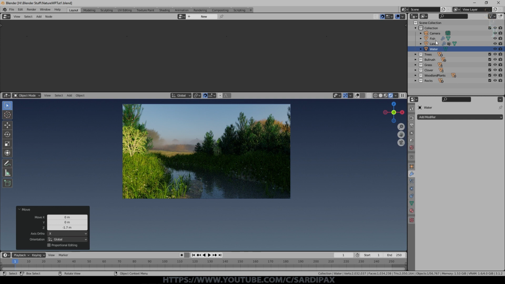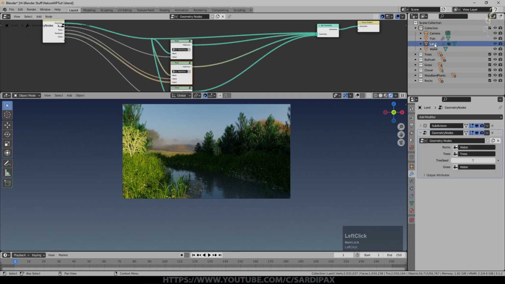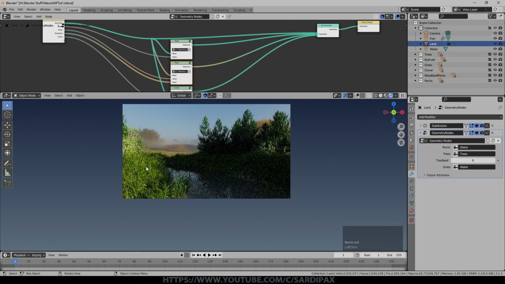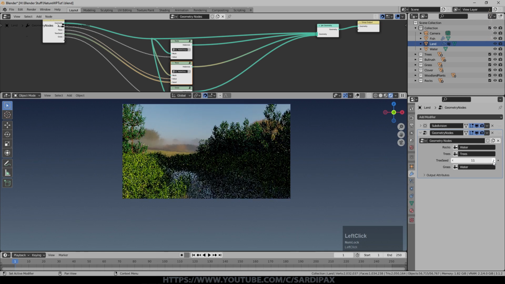So this is the point where you might want to play around with things like the tree seed, because that will also affect the amount of light coming into the scene. You can of course rotate the HDRI.